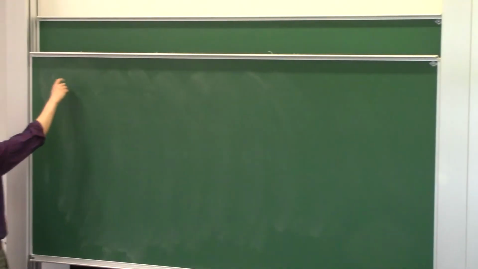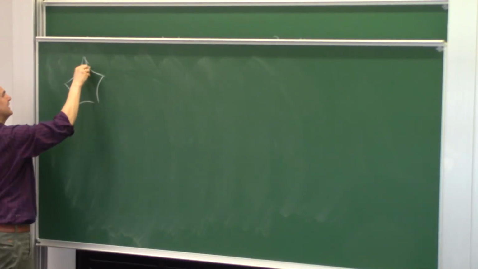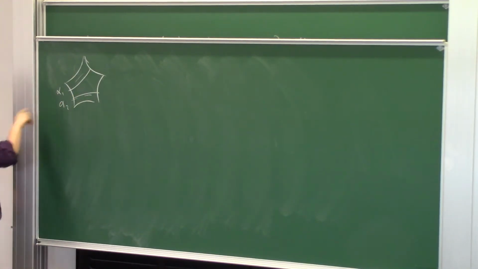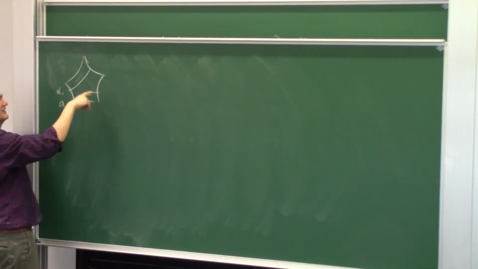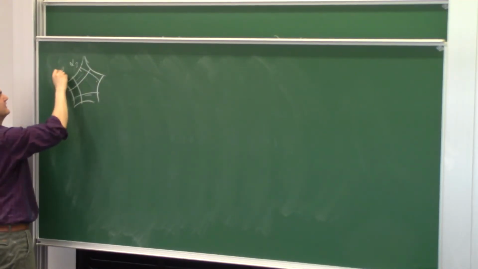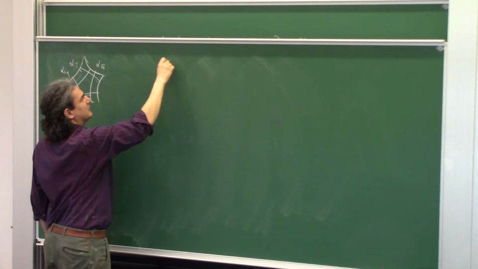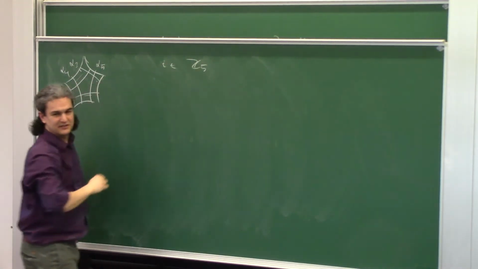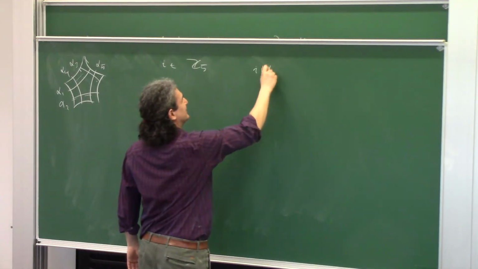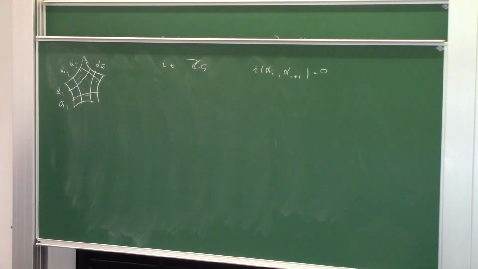Okay, so let's start. I pick my five curves. I have the usual curves, so I call this one alpha 1, I call this one alpha 2. Note that alpha 2 is joined from alpha 1, so it's not the rotated one, it's just reached by two clicks. This is alpha 3, this is alpha 4, and this is alpha 5. So my indices are going to be in Z mod 5, so I can add and subtract in Z mod 5. So the intersection of alpha_i and alpha_{i+1} is 0, right?